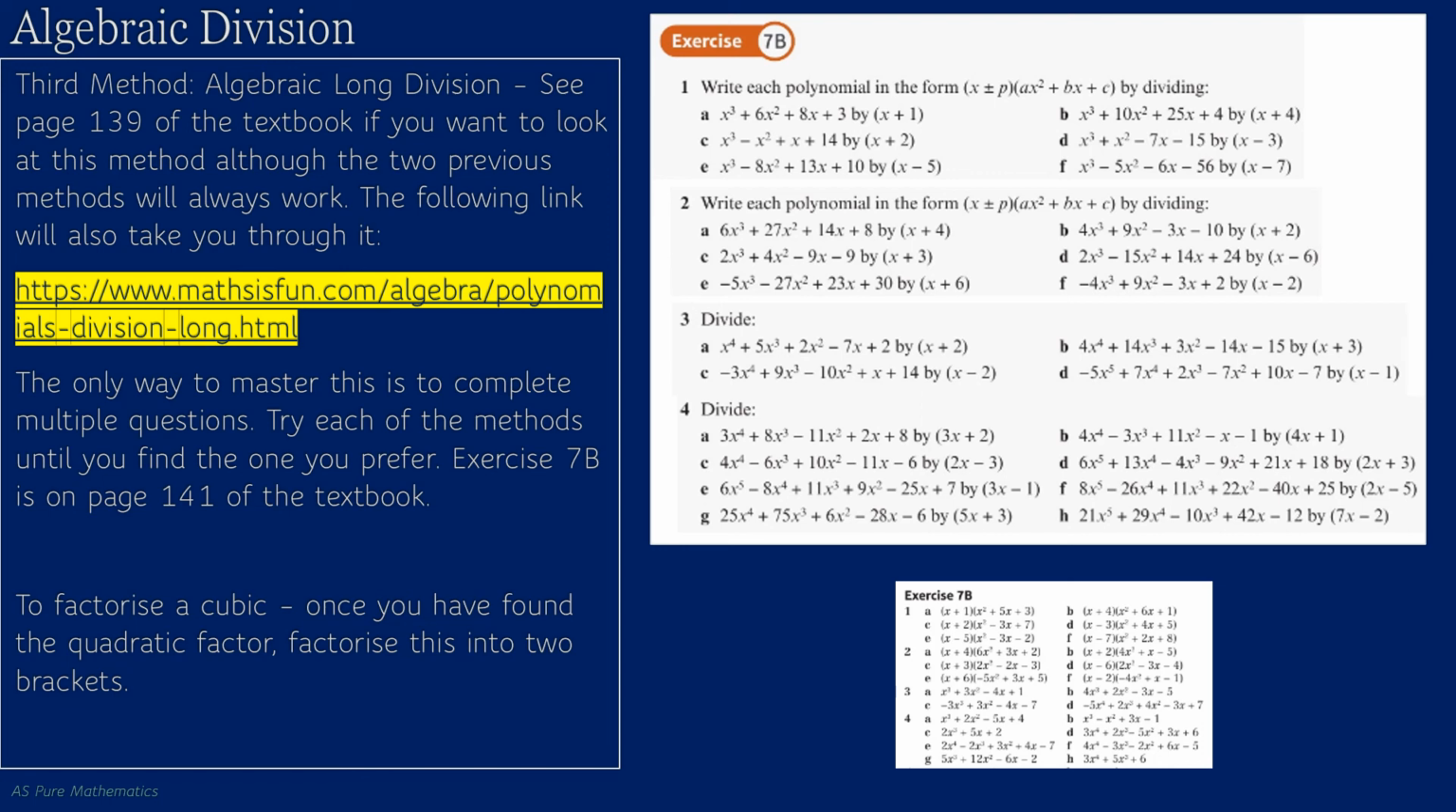So I've got exercise 7b here. You can go to the textbook if you want to. Bear in mind the method that will be given in the textbook if you're looking up solutions is going to be the long division method, so that third method. To factorise a cubic, once you've found the quadratic factor, you factorise that into 2 further brackets. Looking at these questions, we should be okay with question 1 and 2. It tells us how we are dividing. When you get onto 3 and 4, you're just going to have to think about it in a little bit more detail,